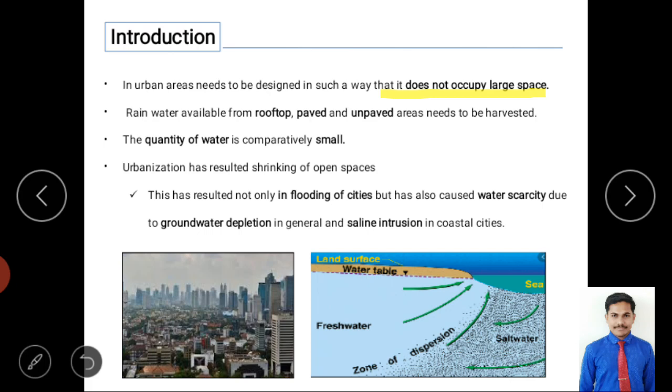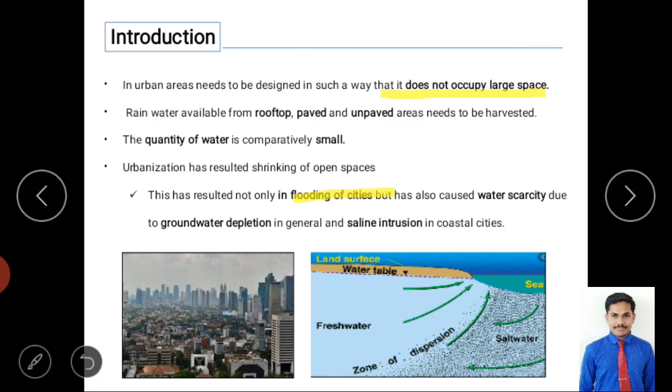Why? Because there are no infiltration losses. As we studied in human interference in water balance, we compared both conditions, undeveloped and developed areas. In an undeveloped area, surface runoff was only 10% of total precipitation, but in an urban area, almost 50 to 60% of the precipitation was surface runoff because of less infiltration and less evaporation. That is what causes floods during the rainy season.